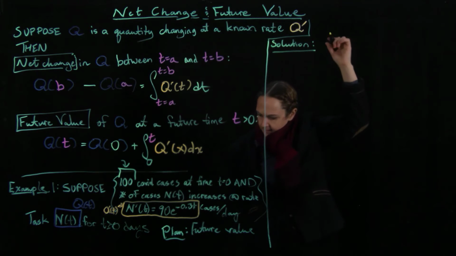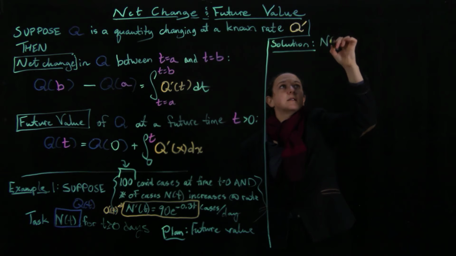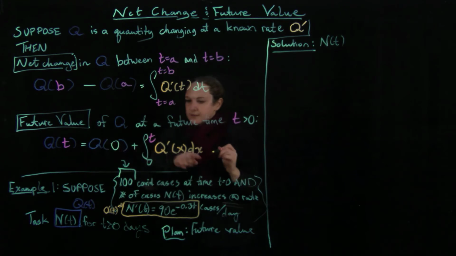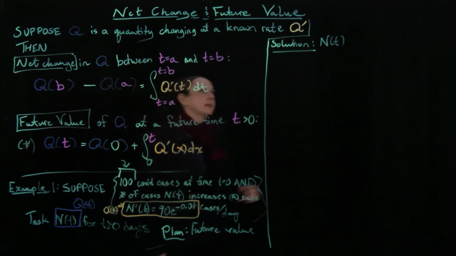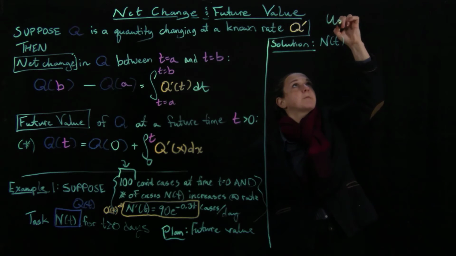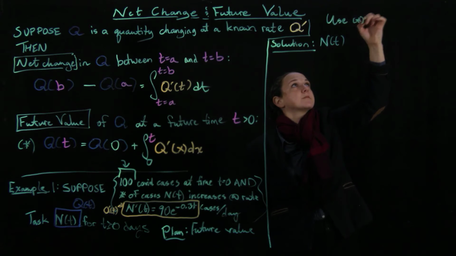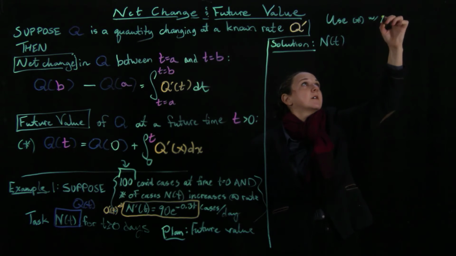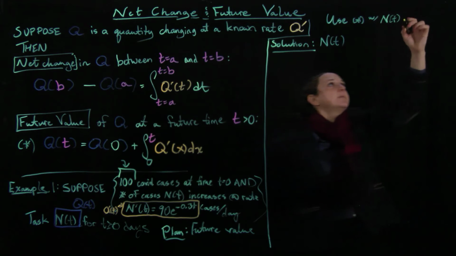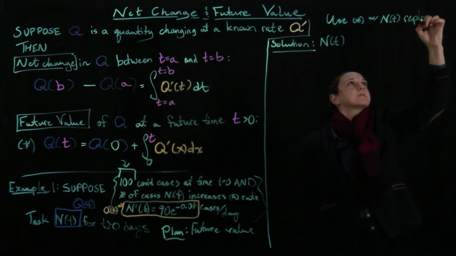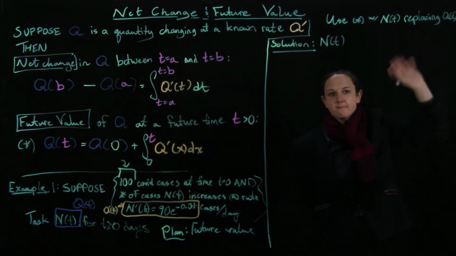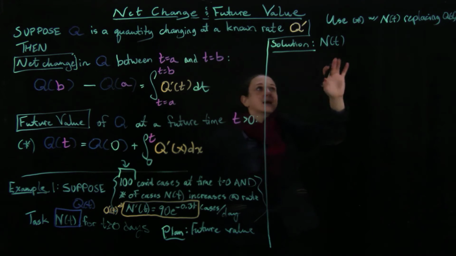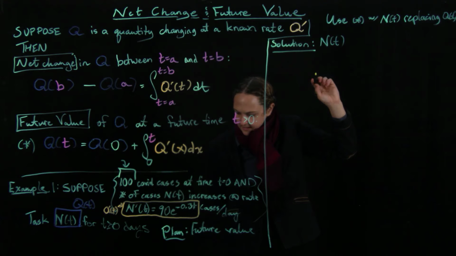Okay, I have N of t. So I'm just using this formula here. This is the formula we're going to use, so I'm going to put a star next to it. We're going to use star with N of t replacing Q of t, and the other substitutions that we talked about over there. So my solution is going to be N of t is going to equal,